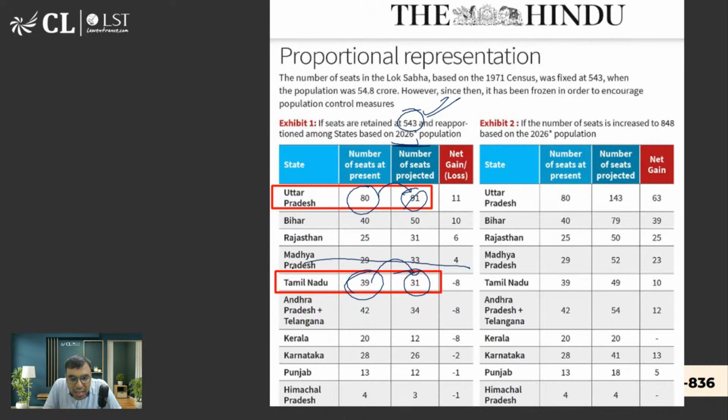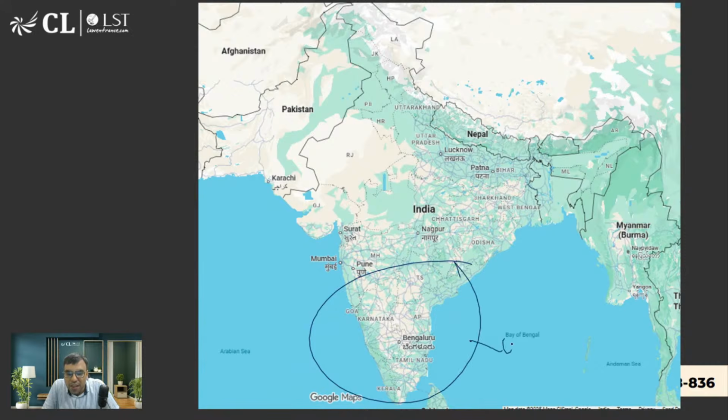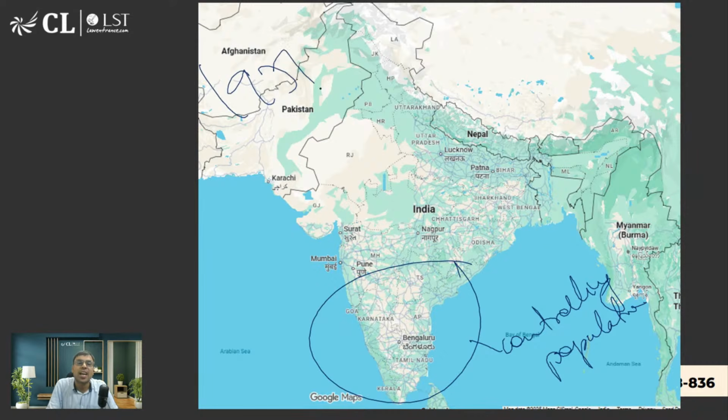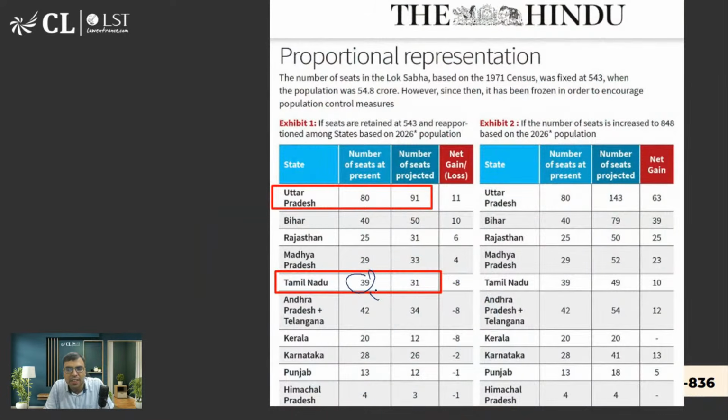So it means they are controlling the population, especially the South Indian states. देखो आप देखो ये सब सारे South Indian states हैं. Mostly. So the South Indian states, they are controlling population effectively and they are being punished for that. That's why in 1971, Indira Gandhi ji decided to freeze it. कि कम से कम at least the seats allocated to the states will be frozen. ये जो 39 अभी चल रहा है, ये 1971 से चल रहा है. This 80 is since 1971. जैसे बिहार को 40 मिलते आ रहा है लोकसभा में 1971 से.